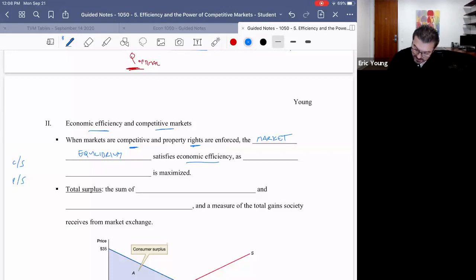And the reason for this is we believe that at equilibrium, we're going to maximize total surplus. Again, we believe that in a competitive market, at the equilibrium price, we are going to maximize total